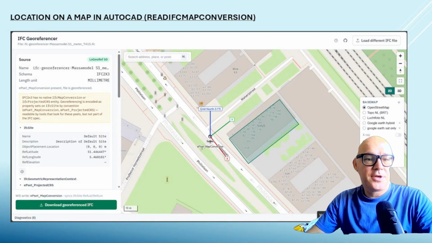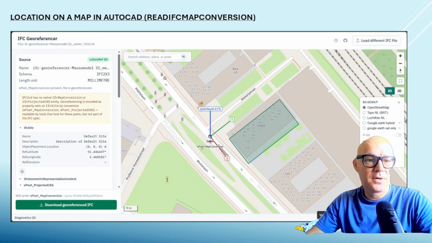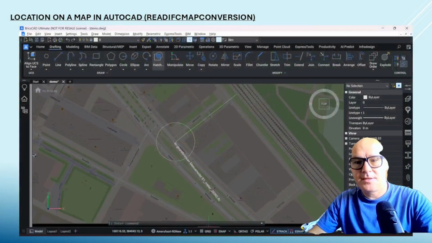Hi, I'm going to demonstrate how you can use a script I made to get IFC location data on a map displayed in AutoCAD. We have the buildingSMART utility to enrich IFC with location information. It's called IFC Georeferencer, on the buildingsmart.nl website. I made a lot of videos about this, but I wanted to show you how you get this